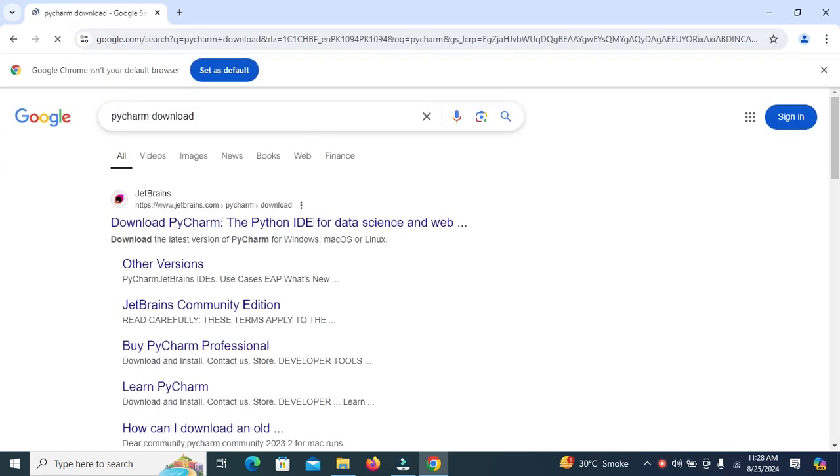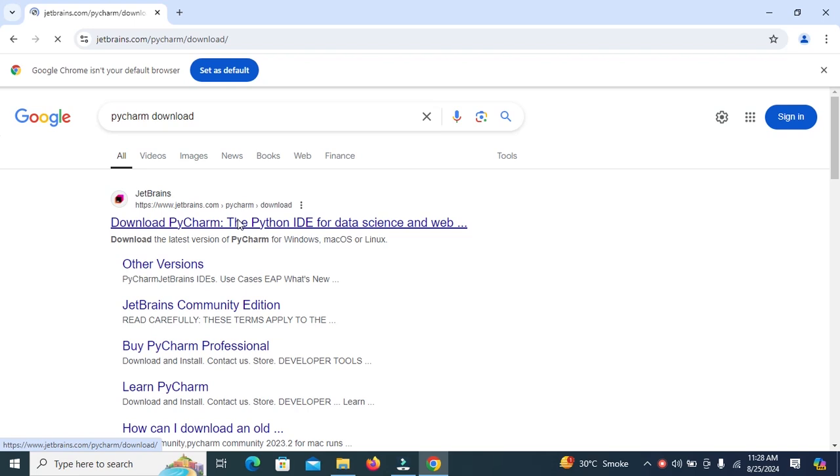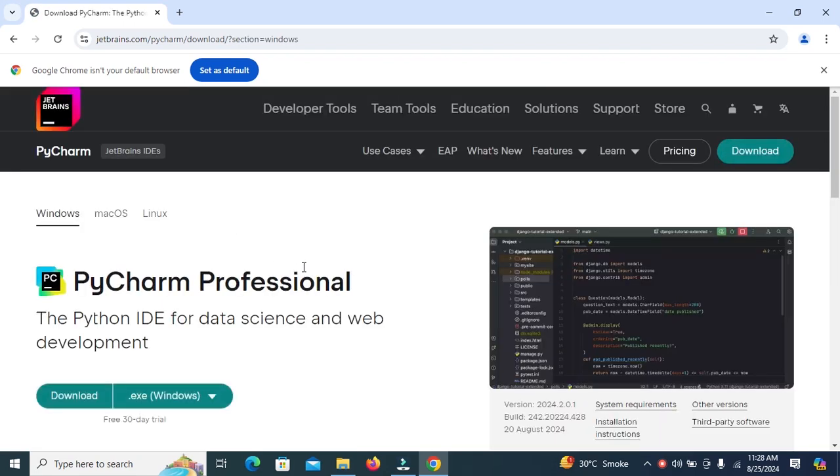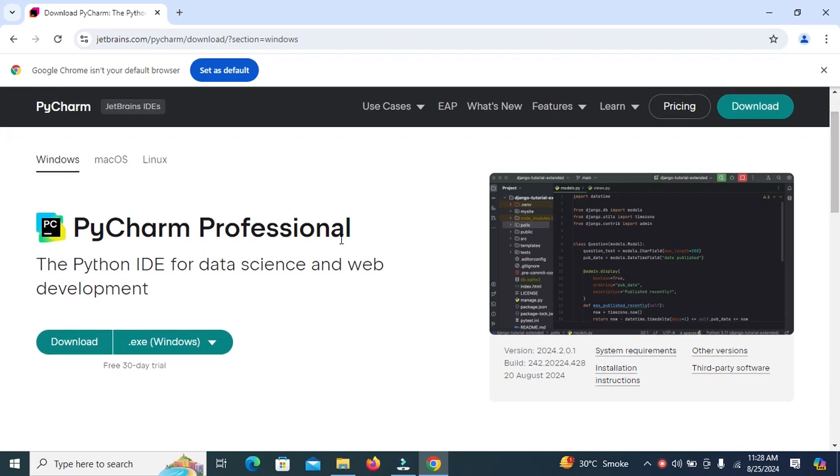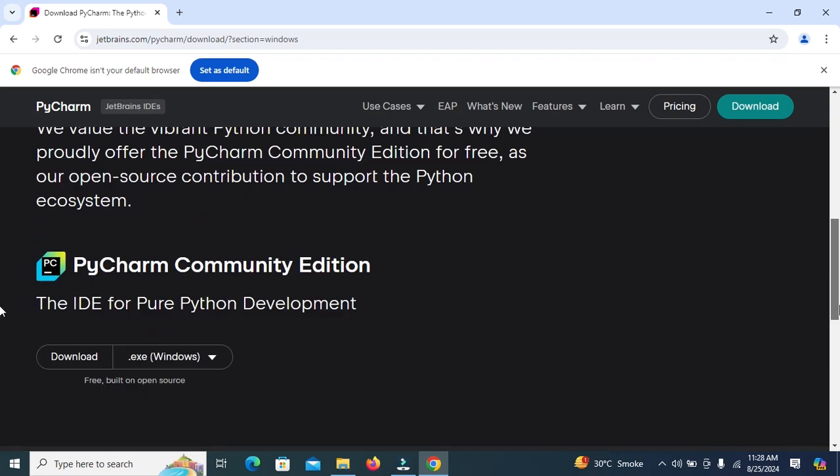Click on download PyCharm, the Python IDE for data science and web. Click on this link. After clicking on this link, click on accept all. Here you can view the PyCharm Professional, the Python IDE for data science and web development. This is a free 30-day trial. You need to click on this